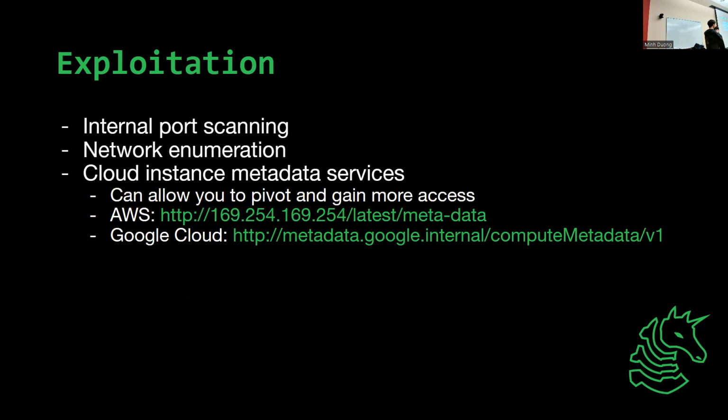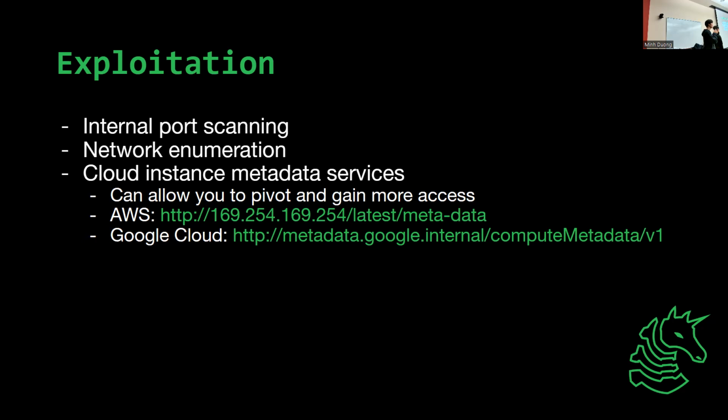So what happens if you actually do get SSRF? You'd be able to look internally. So if there are any other services running on the machine, maybe a database or another API, you'd be able to access sensitive information there. Or you could also pivot to the network itself. So something like the network diagram I had earlier, you'd be able to go into the database or the backing APIs. And a fun one is if you have your application running on the cloud,